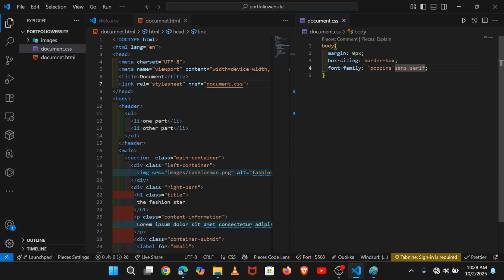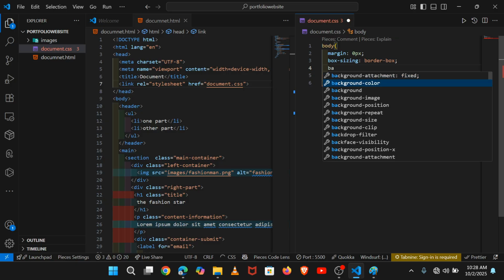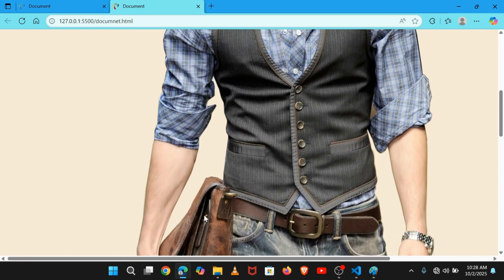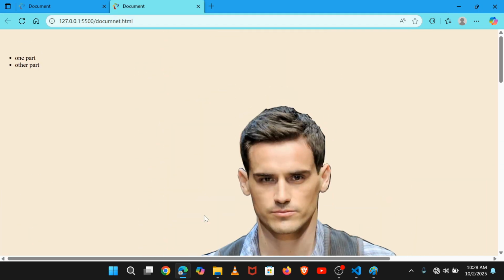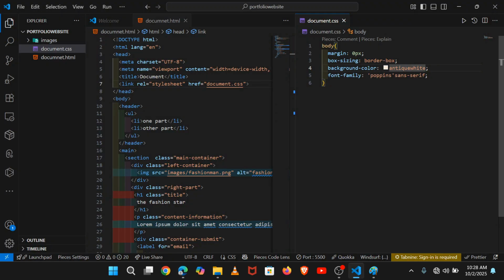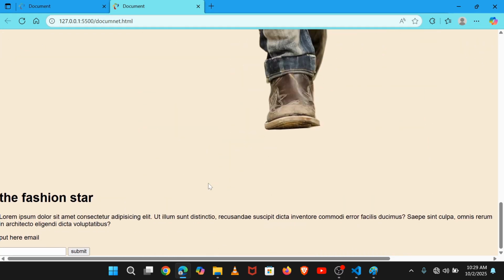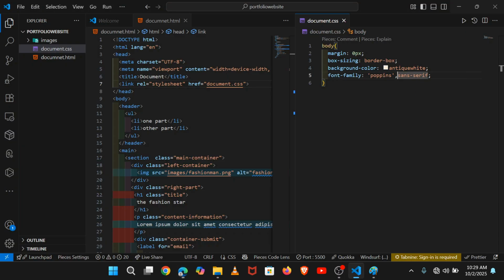Document CSS. Let's set background color and see antique like this, and you can see something I've changed there, but that font family is not working. No, I have forgot something here. Yes, and now it is working. Hope you can see it is working. So with this,